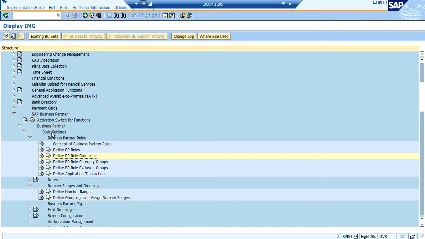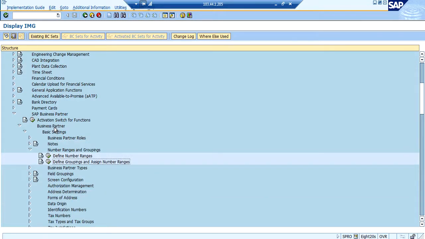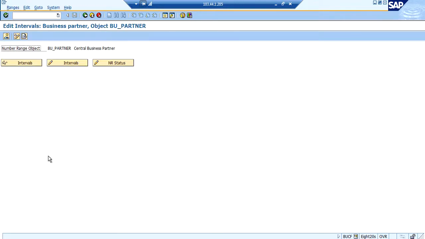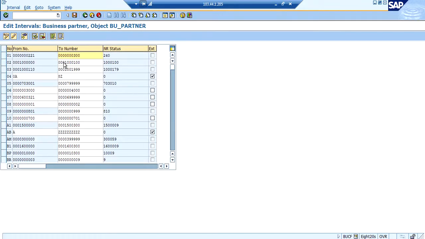Just like we have created a vendor group and assigned a number range to that group, here also we are creating a number range, which is in business partner basic settings, number range. Keep that in mind. Previously for vendor master record we have given a number range between 150 to 250. Here also we have to give a similar number range.